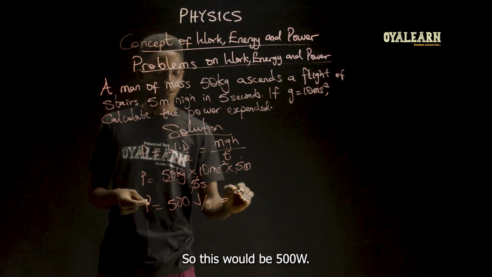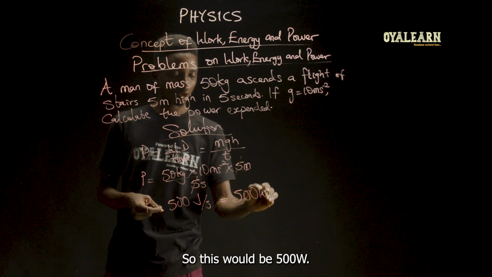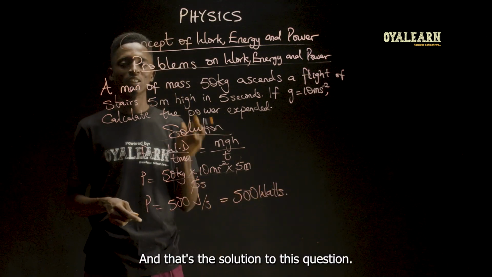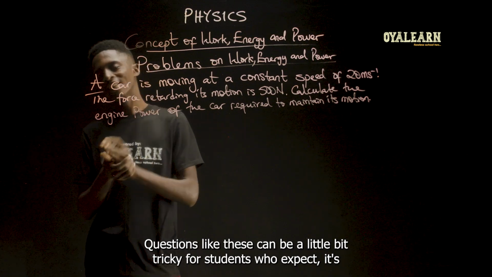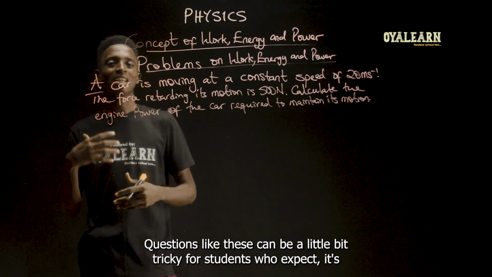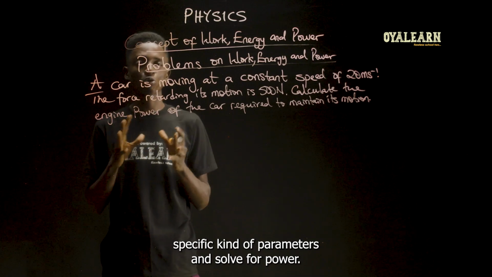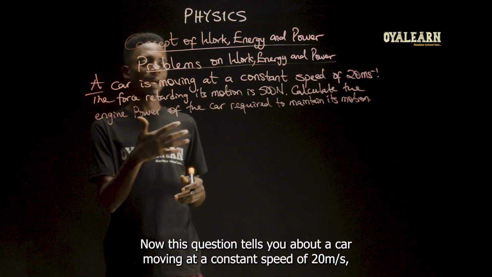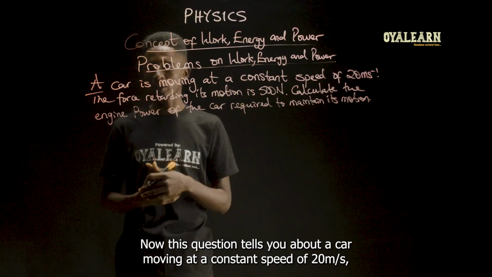So this would be 500 watts. And that's the solution to this question. Questions like this can be a little bit tricky for students who expect a specific kind of parameter to solve for power. Now, this question tells you about a car moving at a constant speed of 20 meters per second,